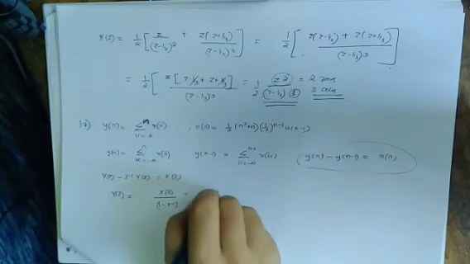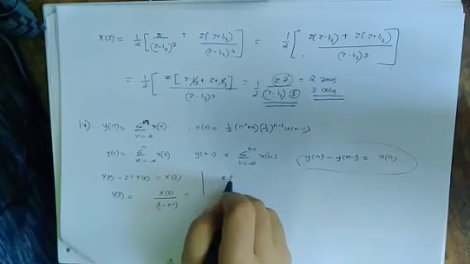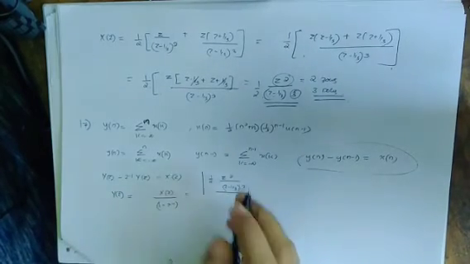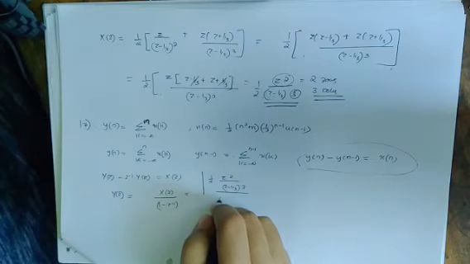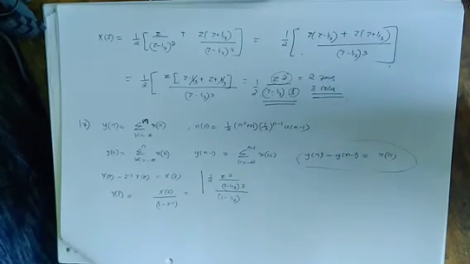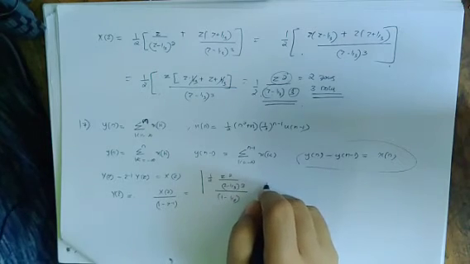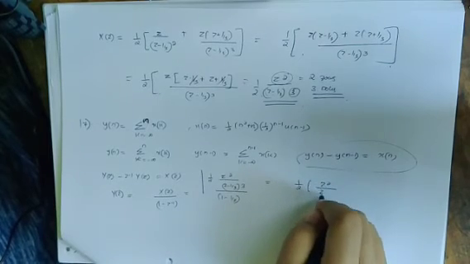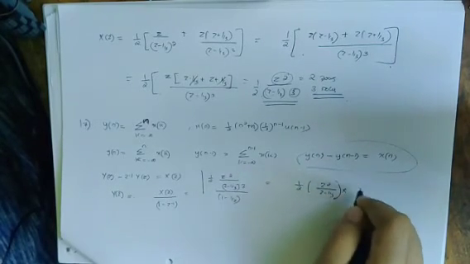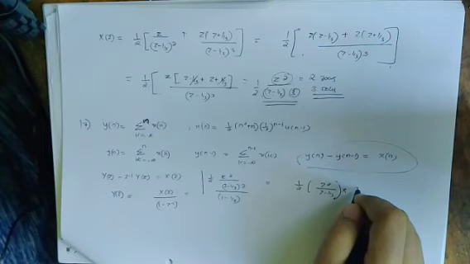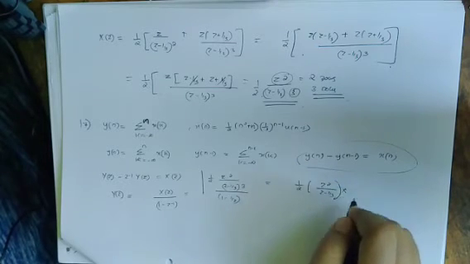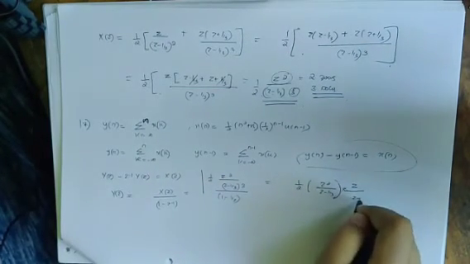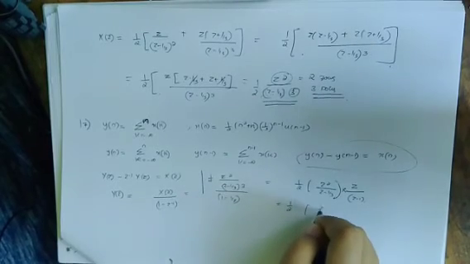So instead of x of z we are going to write half into z square divided by z minus 1 by 3 the whole cube, the whole divided by 1 minus 1 by z. Okay, so we'll take the LCM over here, we'll get half into z square divided by z minus 1 by 3 into z divided by z minus 1, right,